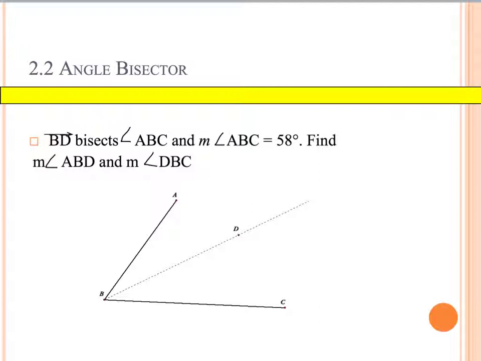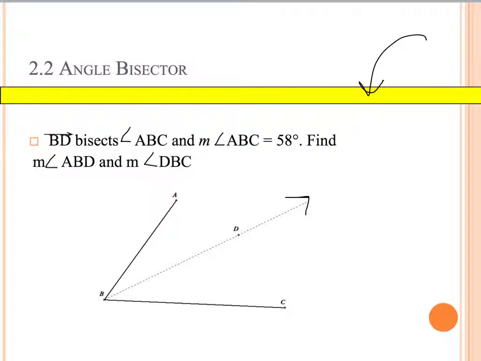Okay, we have BD bisects ABC, and the measure of ABC, the entire measure, is going to be 58 degrees. Find the measure of ABD and the measure of DBC. I want you to try this. Make sure you write it down. See if you come up with the right answer. Alright, so